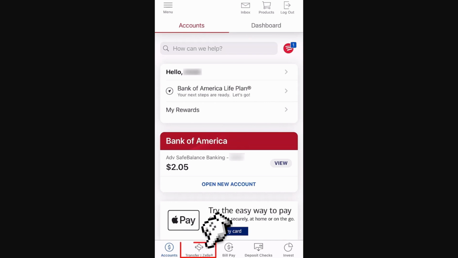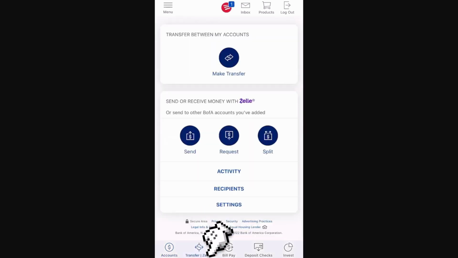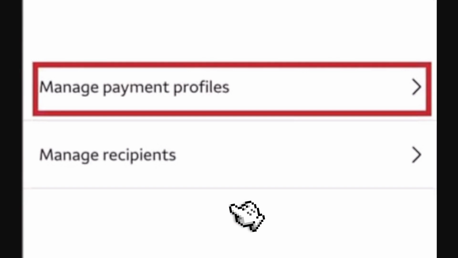where it clearly says this prominent button that is distinctly labeled Zelle. We're going to click there. And well, here what we are going to do is carefully look for the settings option, which is clearly visible here, this particular button. We will click there, and once we have successfully navigated there, we are then going to